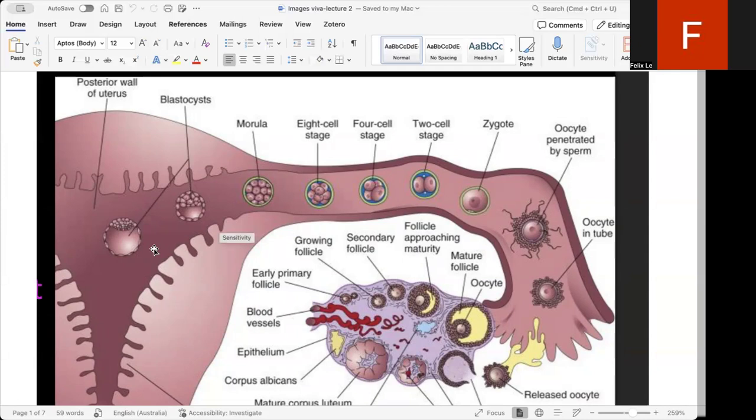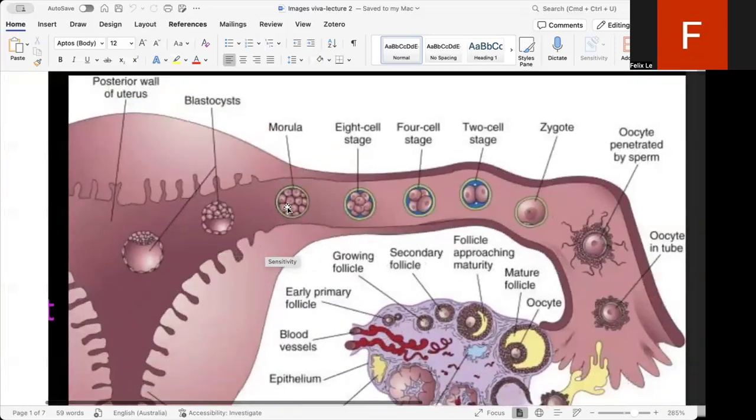The blastocyst is formed of various different layers, with many hard words that I always fail to pronounce, like the trophoblast and syncytiotrophoblast or something like that. And then we have the morula stage. Morula means a bunch, and it's basically like a blueberry shape. This stage is the basis of